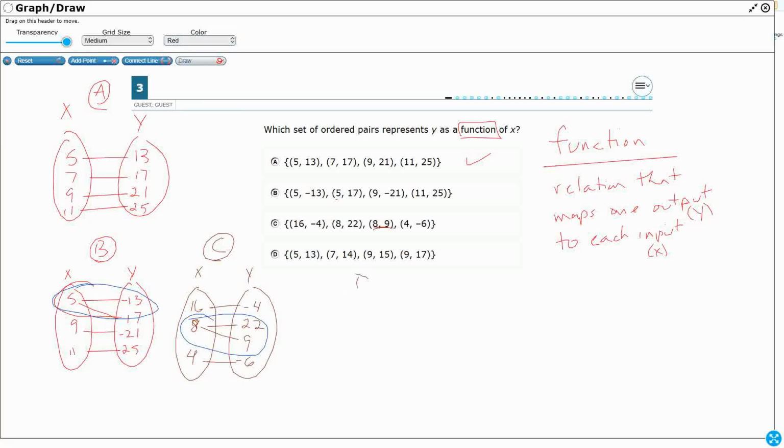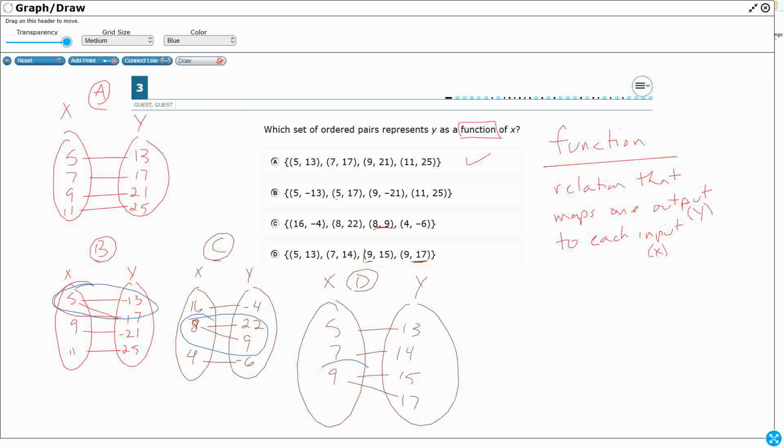So let's look at our last one to just verify. There's D. There's my x. There's my y. I've got 5 goes to 13. Okay. Got 7 go to 14. All right. 9, so far so good, 15. And then right at the very end, look what they did. They repeated the 9. So now 9 goes to 17. And so that is going to be my issue. That is incorrect. So that's why we cannot select B, C, or D because they each have one x leading to multiple y's. My answer here is